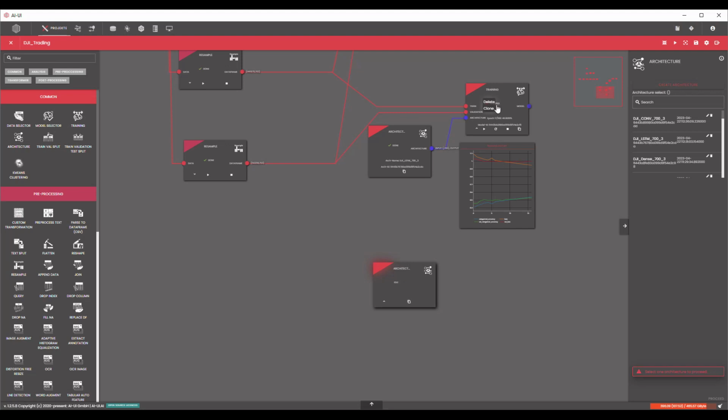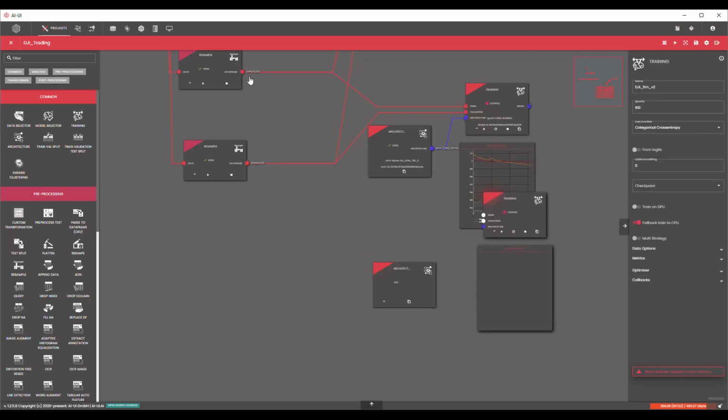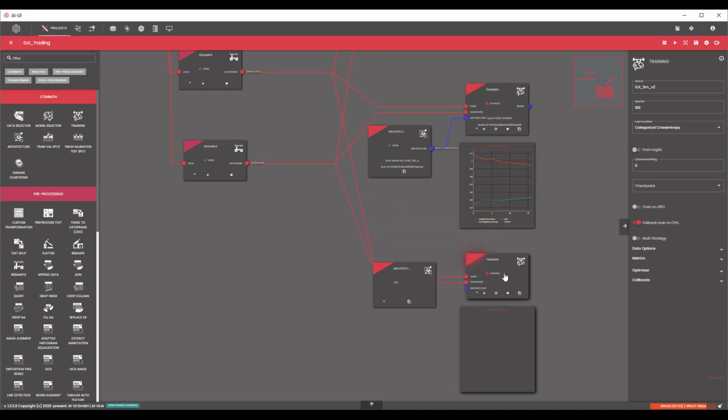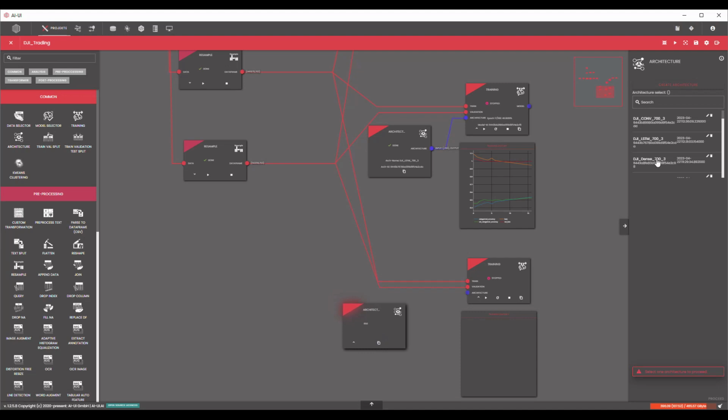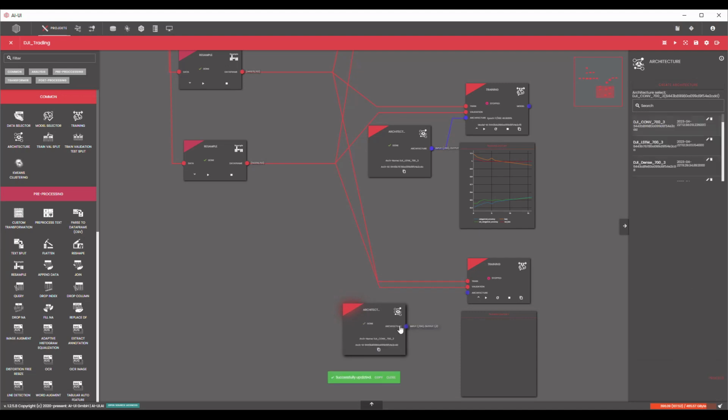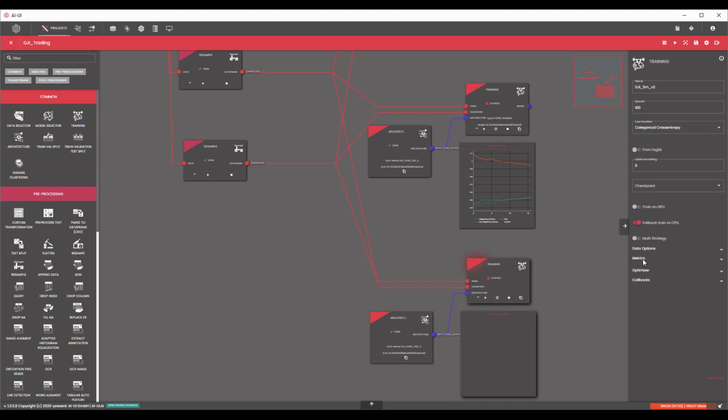So let's clone this training node again, link the data sets and use the convolutional architecture right here, link it. And what I would like to do here is, because it's a lot faster to train on a GPU I got here,